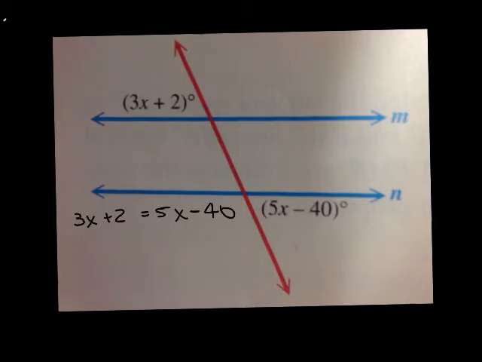And I can do my math here. So let's subtract 3x here, 3x here. So I have 2 equals 2x minus 40. Add 40 to both sides. And I get 42 equals